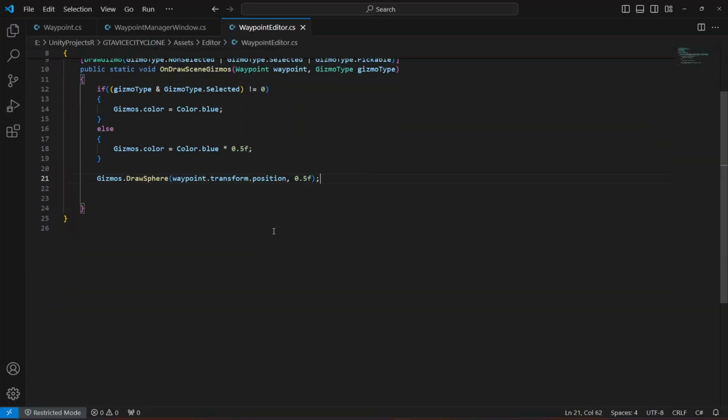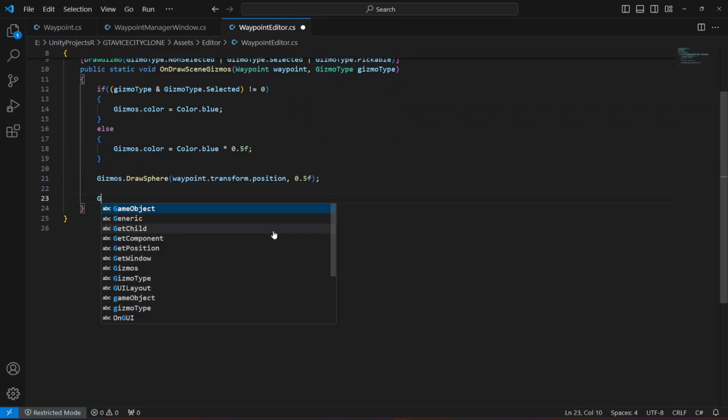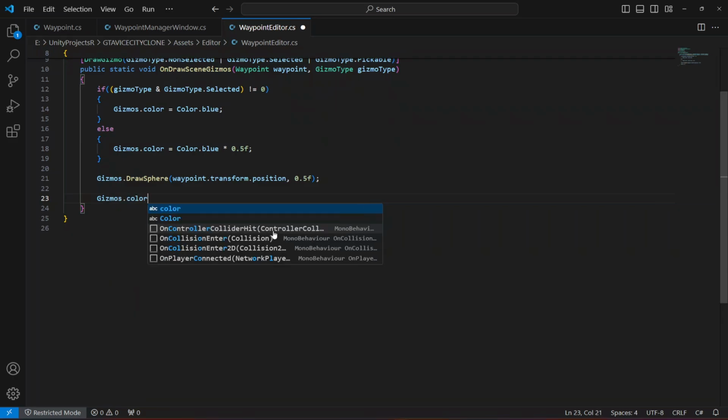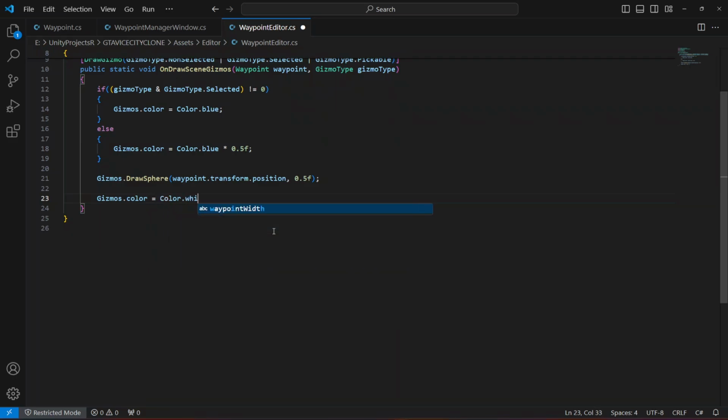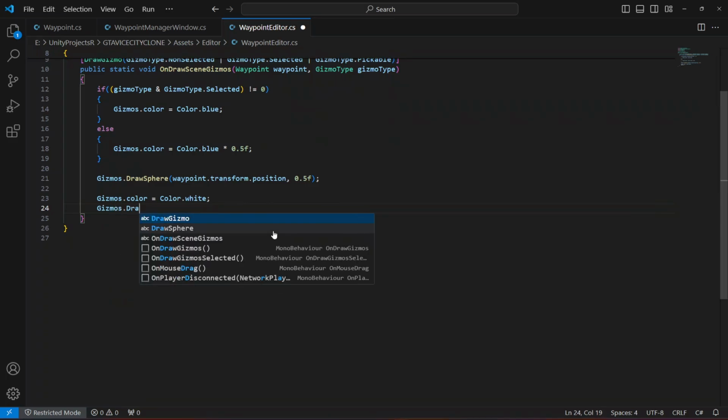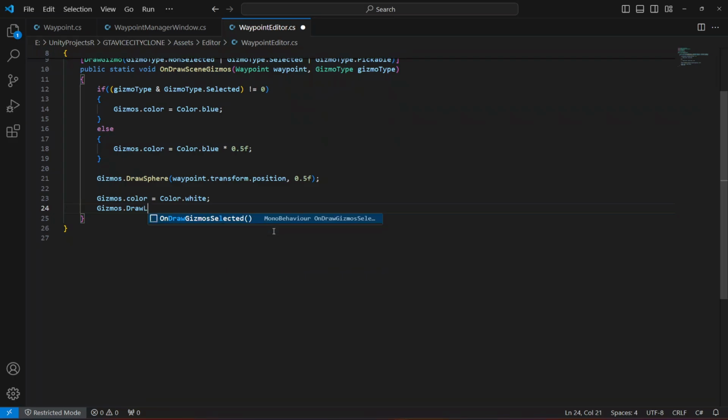Now for the line, what we're gonna do is right here we're gonna say Gizmos.color will be equal to Color.white. Okay, this will be the color of the width. And now let's draw that line. So we're gonna say Gizmos.DrawLine,